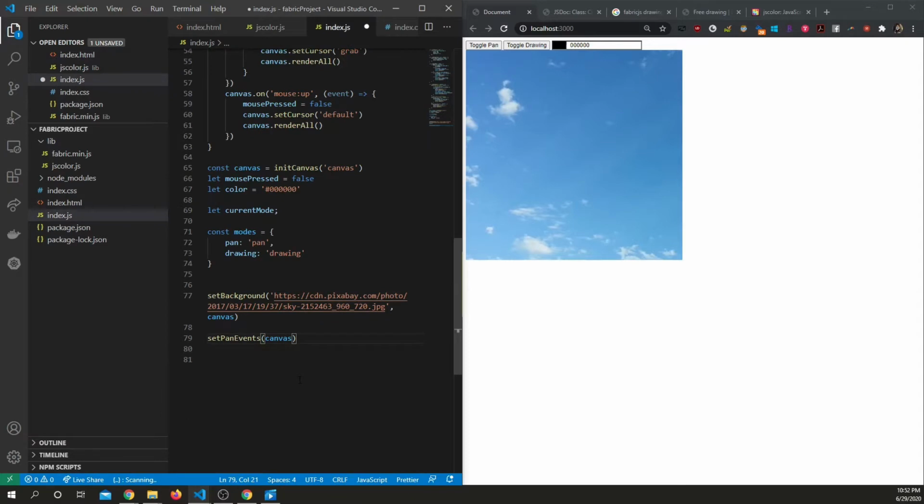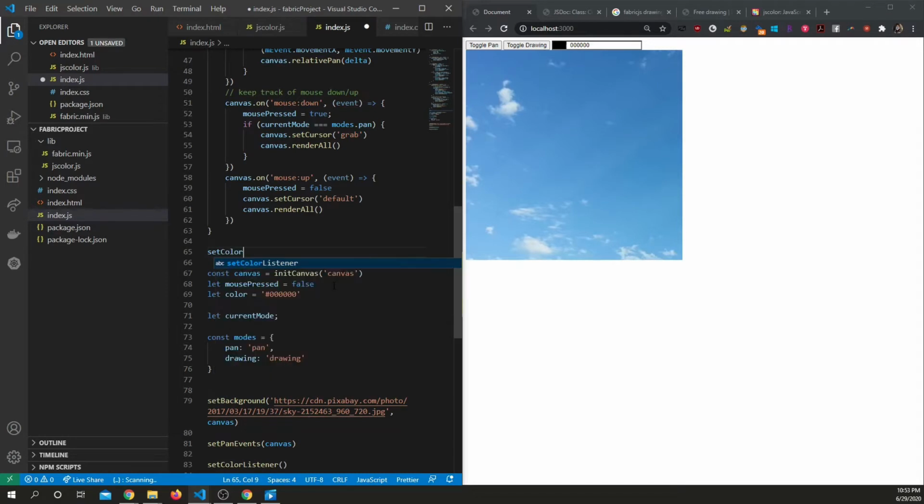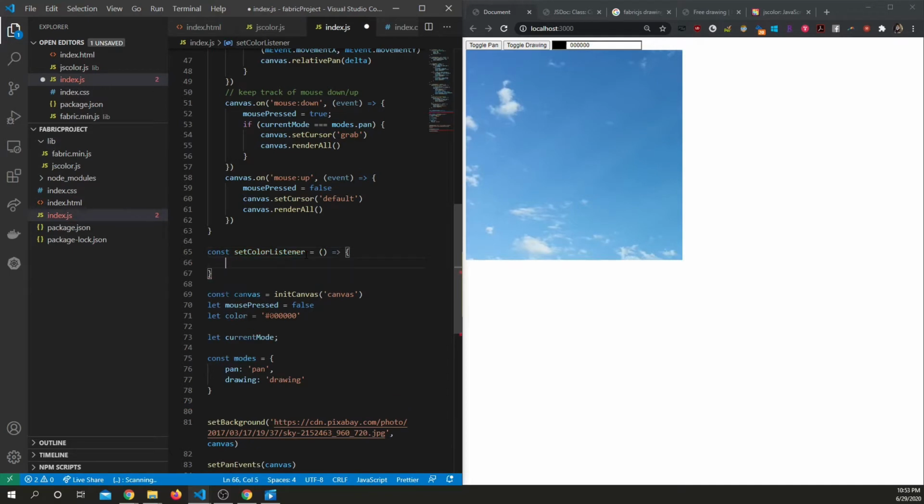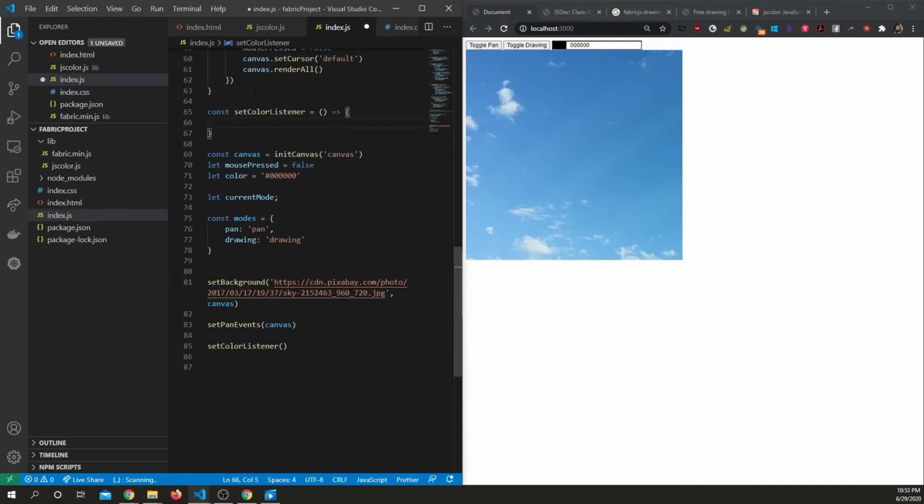I'm going to create a function called setColorListener. My goal with setColorListener will be to update the color variable and change the color of the brush whenever the